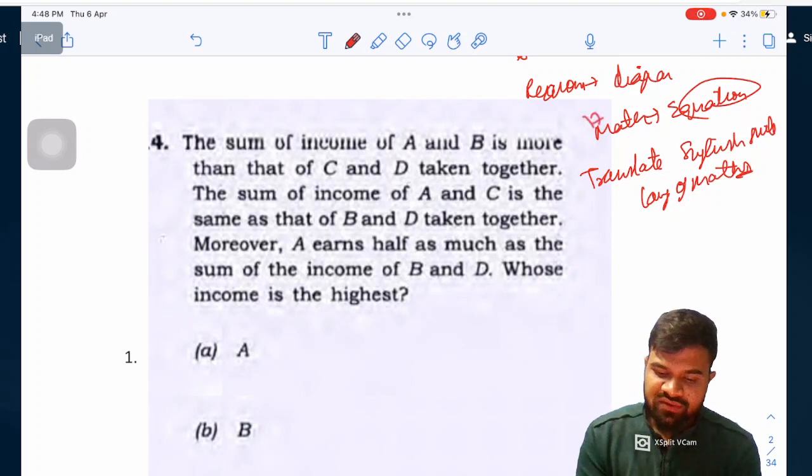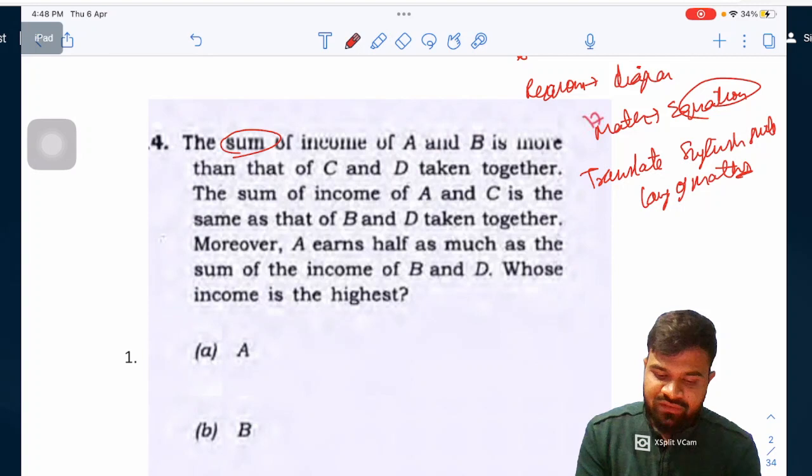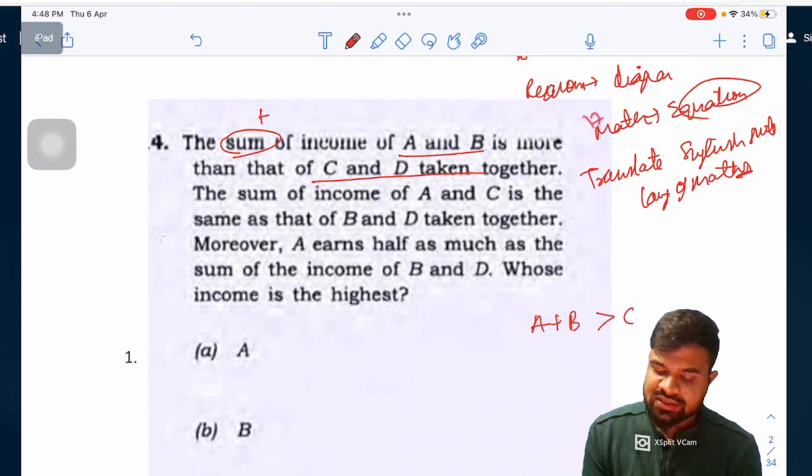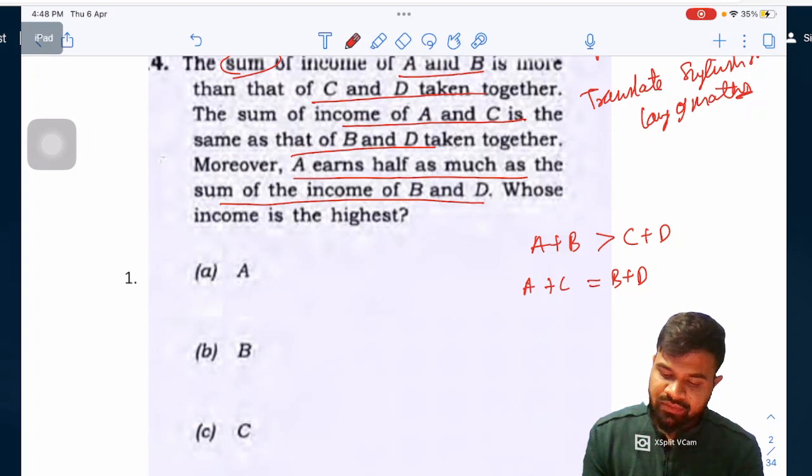Okay, now here how we will do this? There are some sign symbols to use. The sum, that means plus: a and b is more than c and d taken together. This means nothing but a plus b is greater than c plus d. Okay, the sum of income of a and c is same as that of b and d. That means a plus c is equal to b plus d. A simple equation. A earns half as much as the sum of income of b plus d. A is equal to (b plus d) by 2,